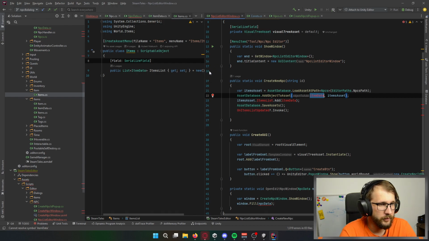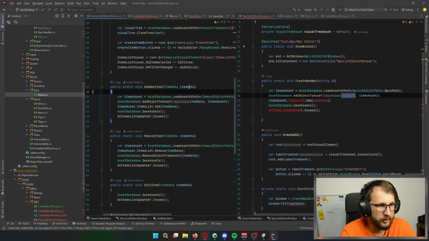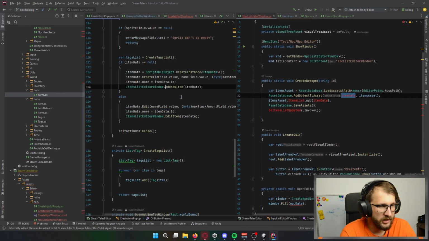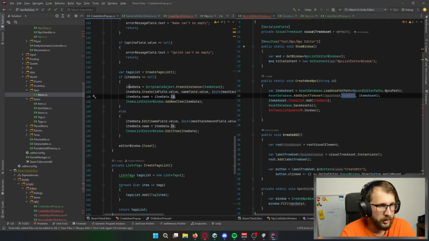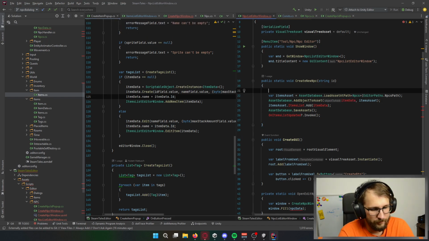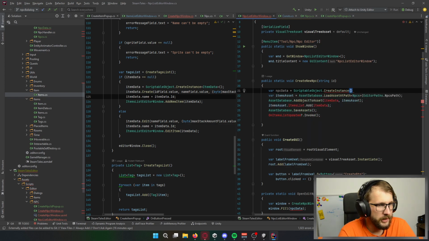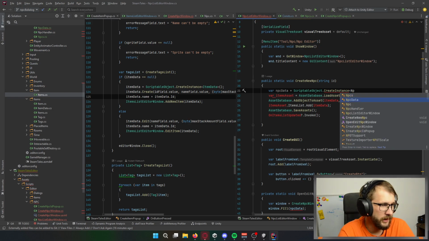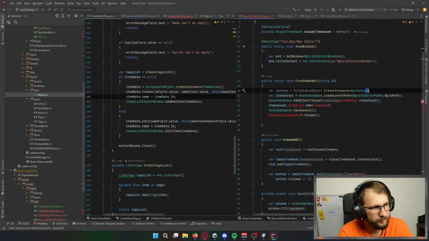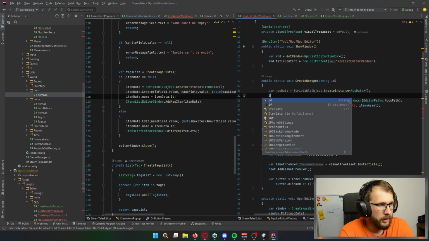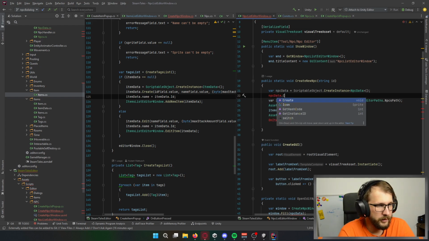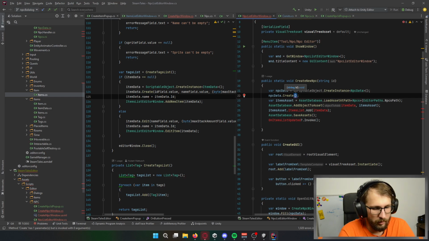So I had a bit of a different flow here because item data was coming. This will be for NPC data. That is a scriptable object. Of course, create an instance of type NPC data. I want to call the method create only with ID.